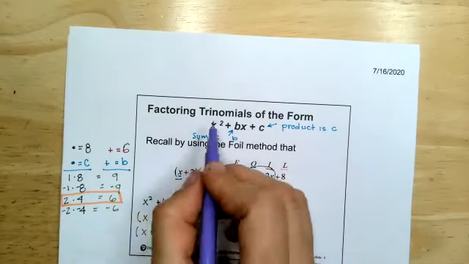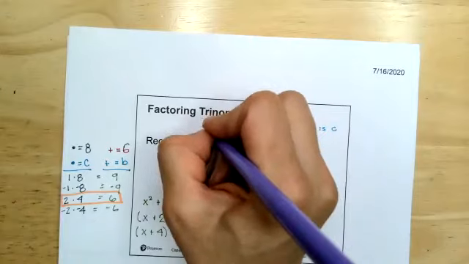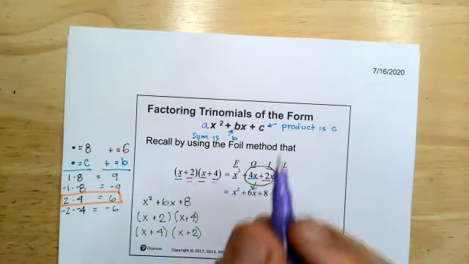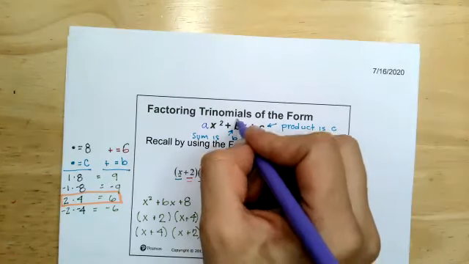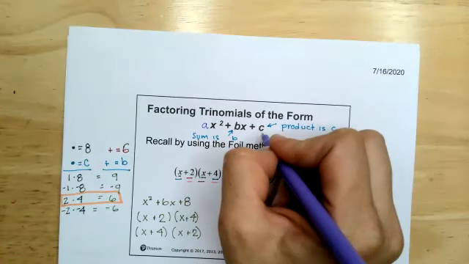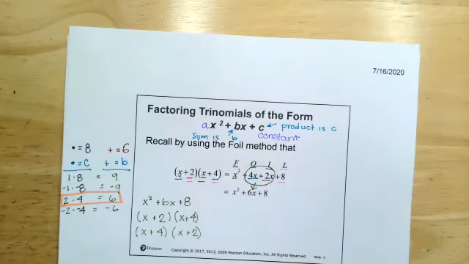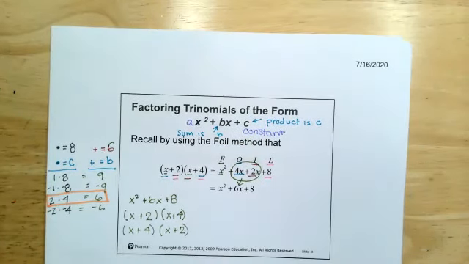Also, when you have a trinomial, you can call it ax squared plus bx plus c or x squared plus bx plus c, so that you know when we say b, we mean our middle term. When we say c, we mean our constant. So that is how we started this one,